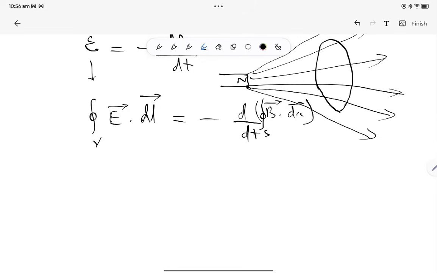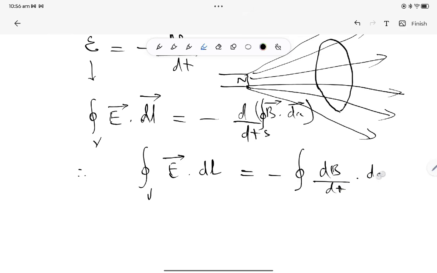Okay, now we can do one thing. Let me write, therefore, the integral of E dot dl is equal to minus the integral of dB by dt dot dA. Now this is a surface integral. Next,